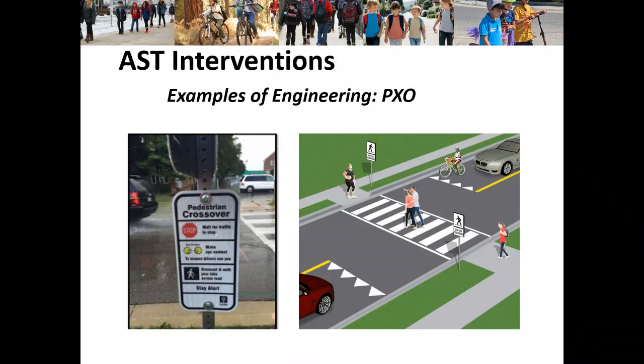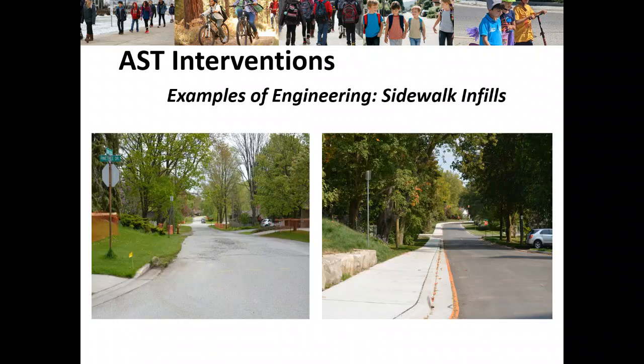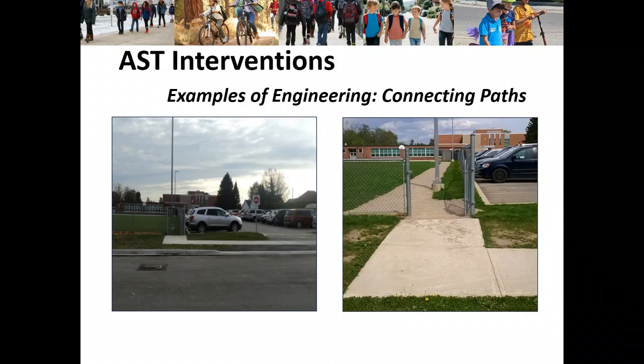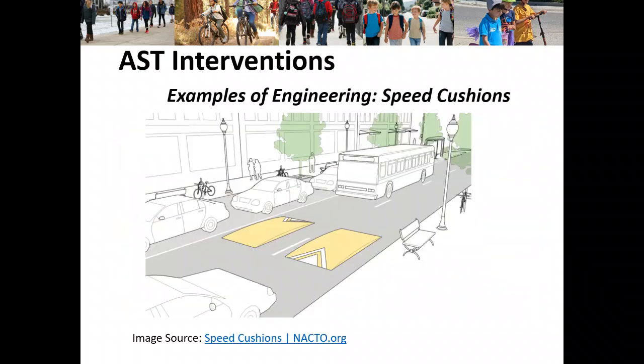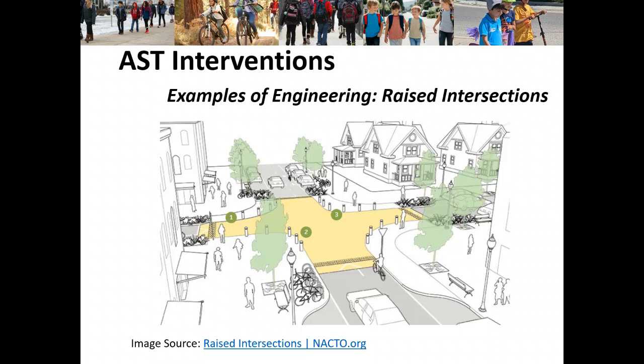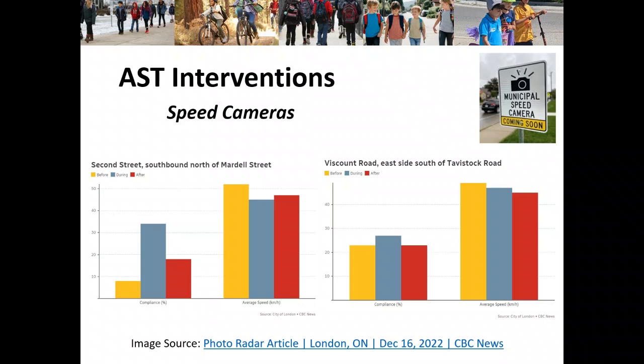Here's some examples of engineering changes, and these are the things that parents want to see, and they can see because they're noticeable changes in their neighborhood. Things like pedestrian crossovers, sidewalk infill, connecting paths. So for instance, getting kids out of walking through parking lots and getting them outside of those areas of danger. Adding things like speed cushions in raised intersections, curb extensions, and even speed cameras can really increase the safety children